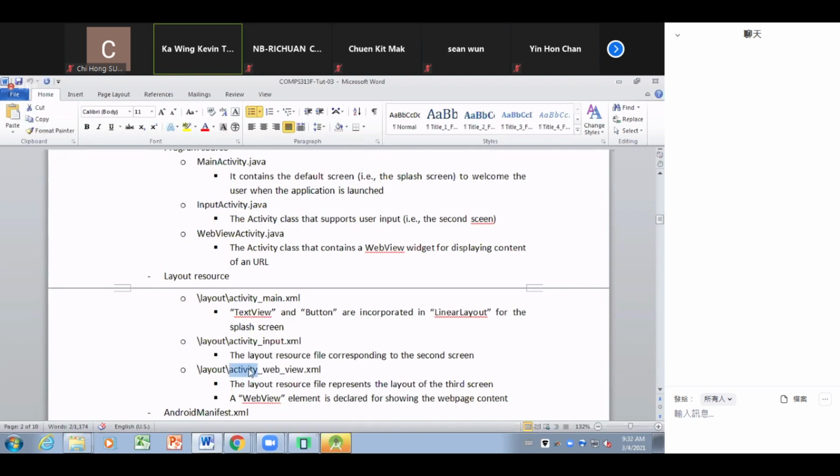And then the activity web view corresponding to the web view activity. Okay, you can see that the name of the layout resource simply matches with the one in activity program. Okay, the reason behind is that actually this layout resource is generated by the Android Studio automatically after you create